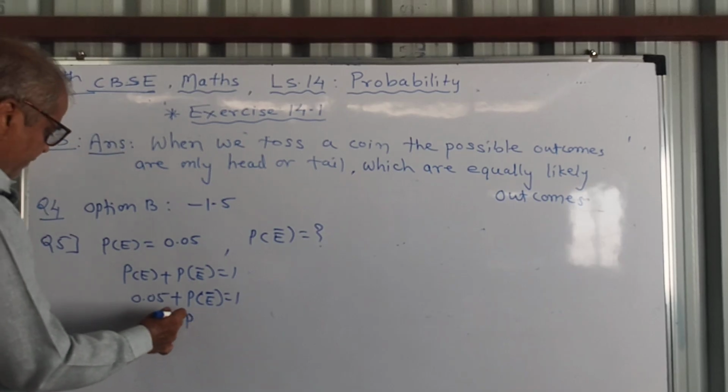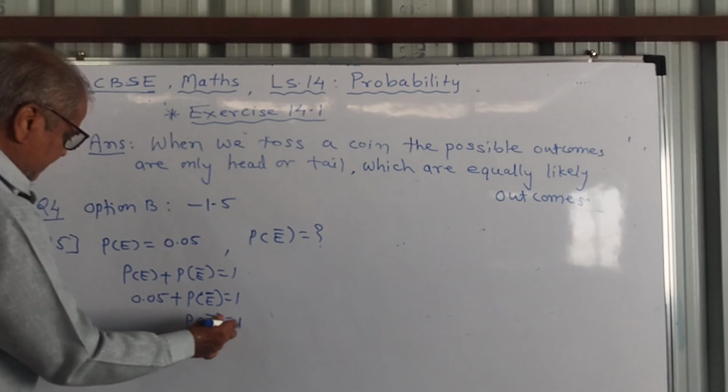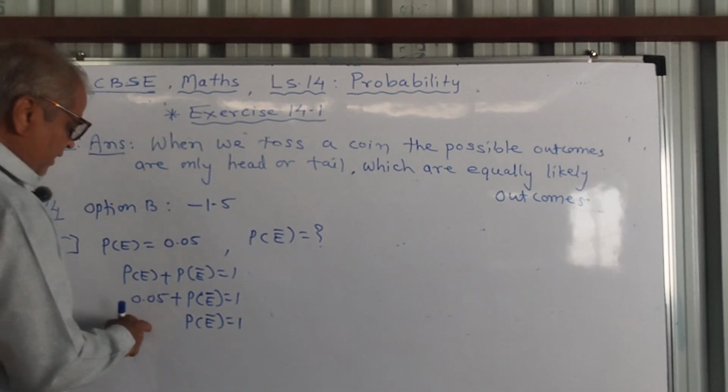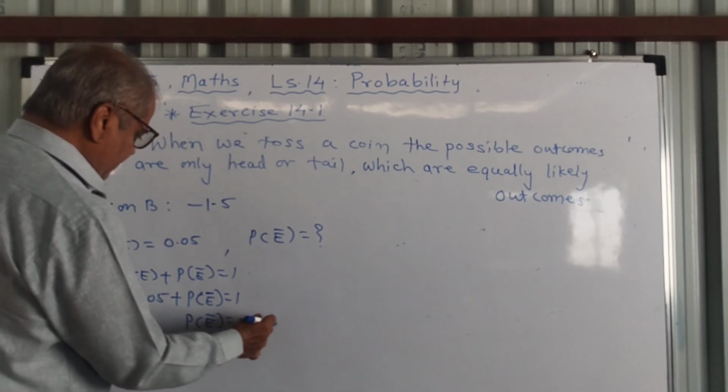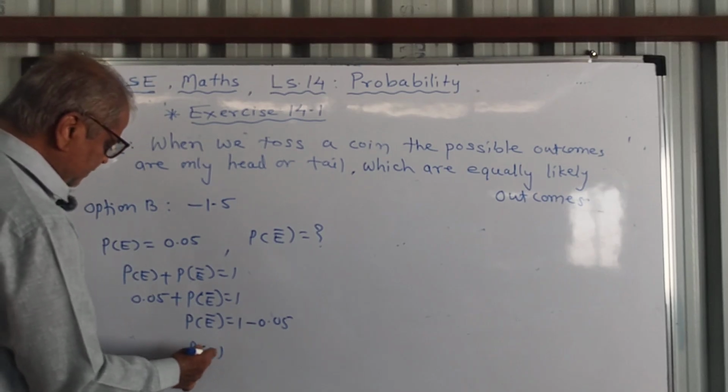So P of not E is equal to 1 as it is, and 0.05 we transfer there, minus 0.05. So P of not E, see, it